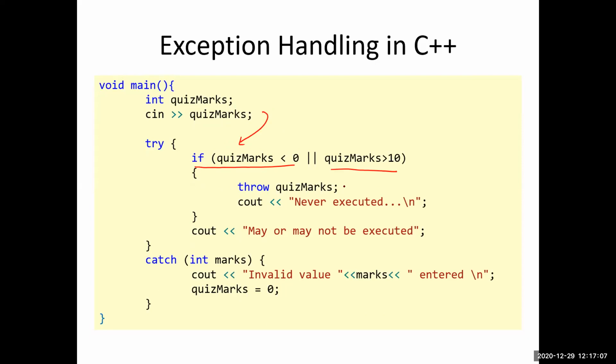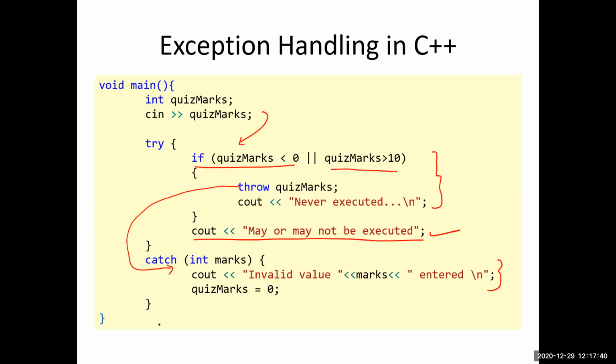When your program comes to throw, it will skip everything else and directly go to the catch block. This is something important. As soon as your program comes to throw, it will directly go to the catch block. It means it will skip everything. So if the user has entered a correct value, this if condition is false, this is not executed, this will be executed. Since there was no error, the catch block will not be executed,